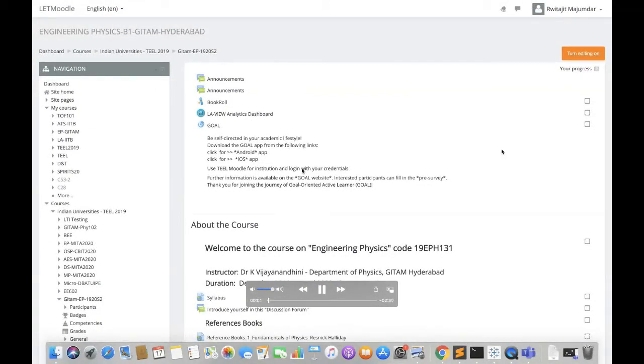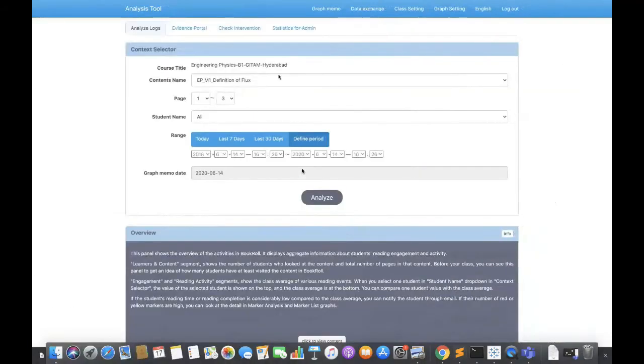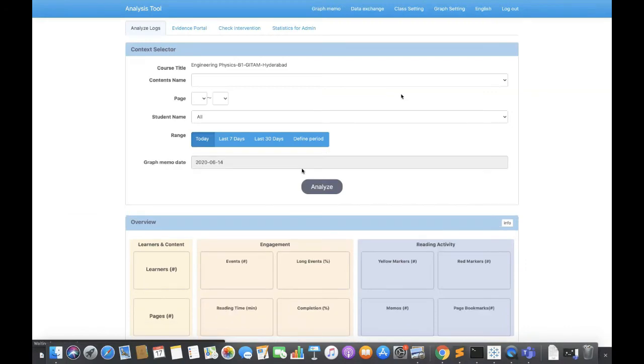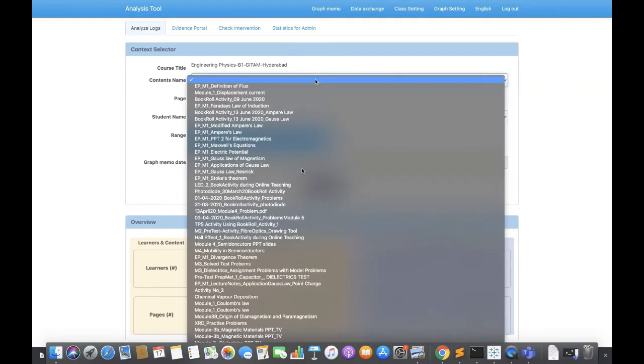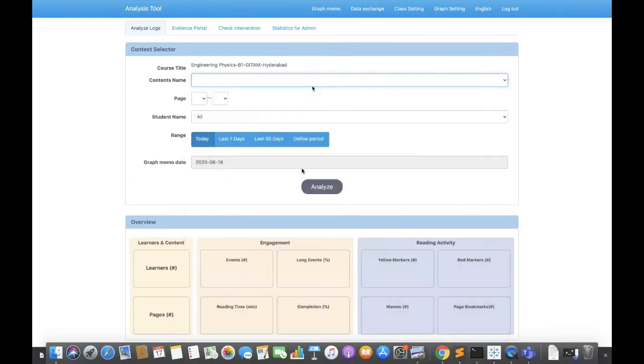Now with all the data of the students' interaction with the learning material being there, there is LA View, an analytics dashboard. With that dashboard, the teacher can look into what happened during learning. In our specific context, the dashboard shows which course it is, and we can select a specific content. We looked at the definition of a flask. I will open that,